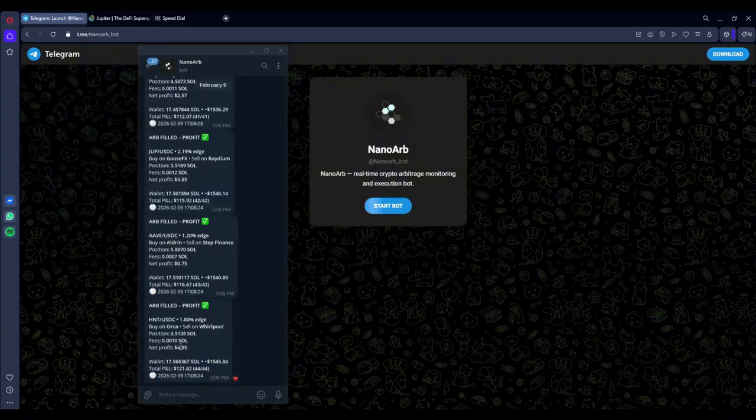So yeah, this is almost a $5 profit. That's 70 cents profit, and 3.8 bucks. And yeah, it's finding opportunities on Solana and Ethereum, and finding these 1 to 2% edges, and it's executing trades based on that. So even like